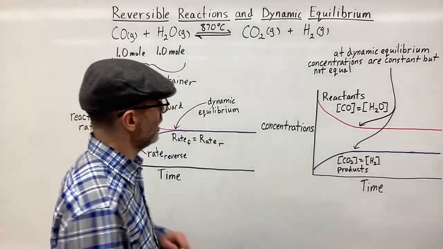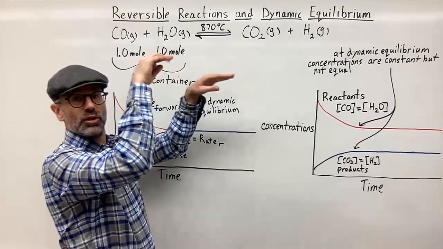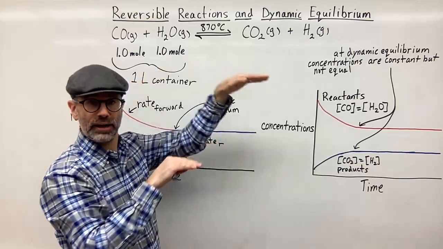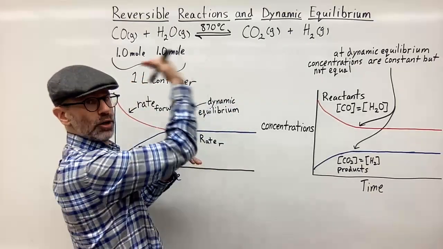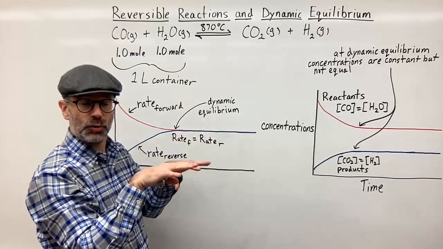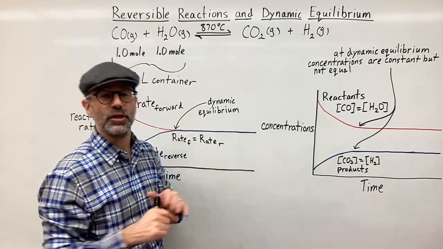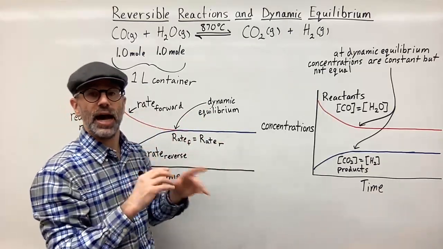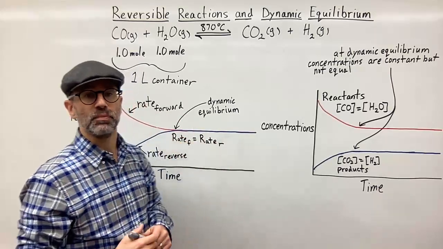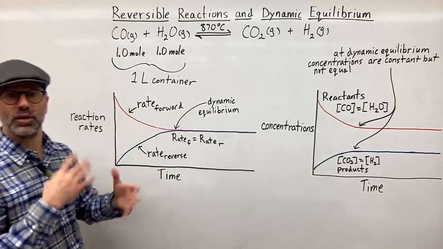So you have a dynamic equilibrium because you still have the forward rate going on and the reverse rate going on at the same time, but the rates are equal. So it's not like nothing's happening at this point and everything shuts off. No, there's still things going on. That's why it's called dynamic equilibrium. So here I have a couple of graphs to show you that will hopefully make